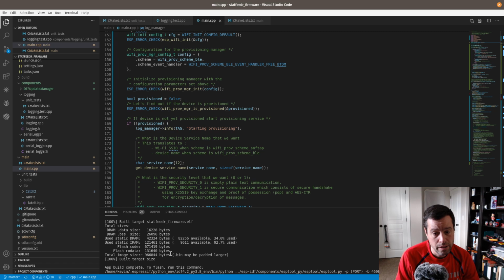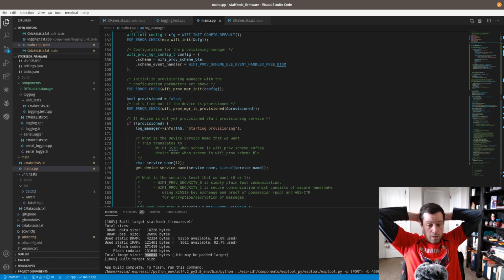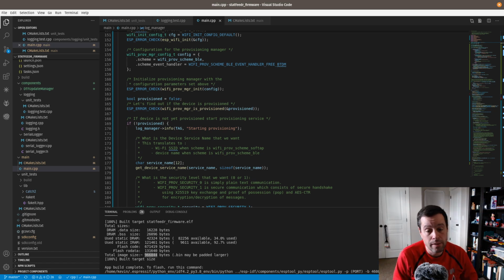Wow. The flash total image size is 966,000 bytes. We're going to have to do something about that. And the reason we're going to have to do something about that, gosh, I hate that it's that much,